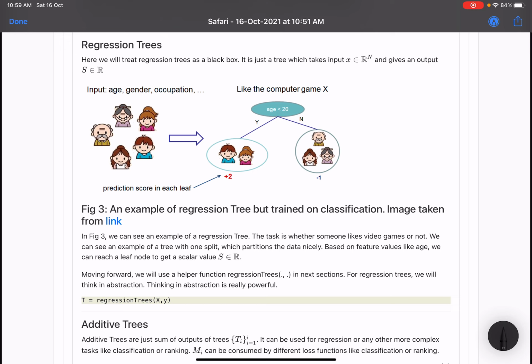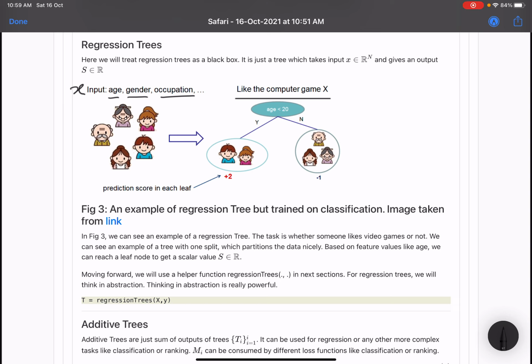So in this tutorial, we will treat the regression tree as a black box, but I've just taken this example image from the XGBoost documentation to show you an example. Let's say your inputs, which is X, are different attributes of a person: age, gender, occupation, and so on. The task is whether someone likes a computer game or not.